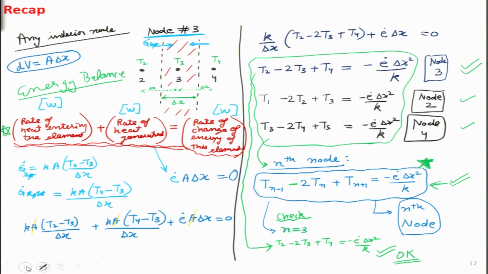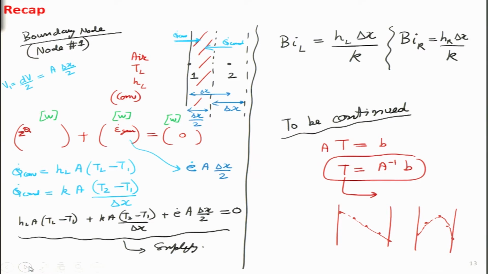We want to generalize things because in any program that we are running, whether it is Scilab or MATLAB or Octave, we want to use the for loop to avoid writing as much of the code as possible. So let the computer do the calculation based on a generalized statement of principle that we give to the computer with the help of an equation. And the only thing that we will specify is the left side and right side boundary conditions, in the form of the exterior nodes or the boundary nodes.